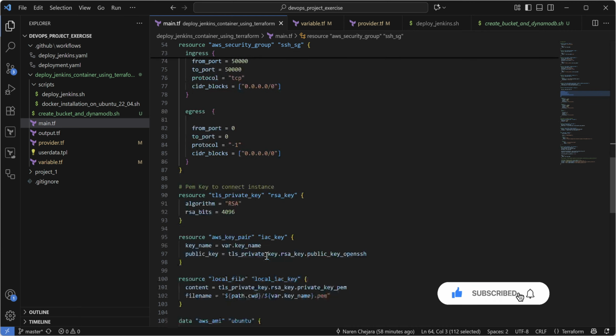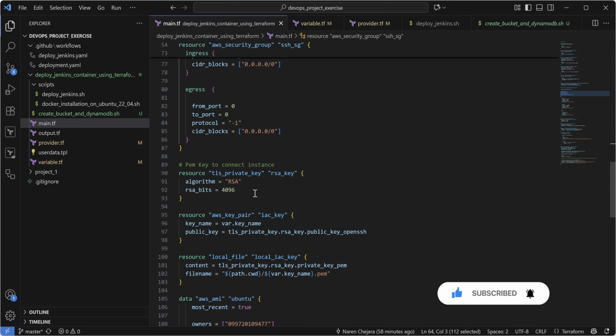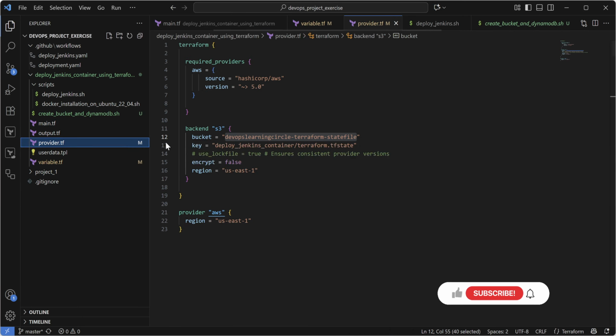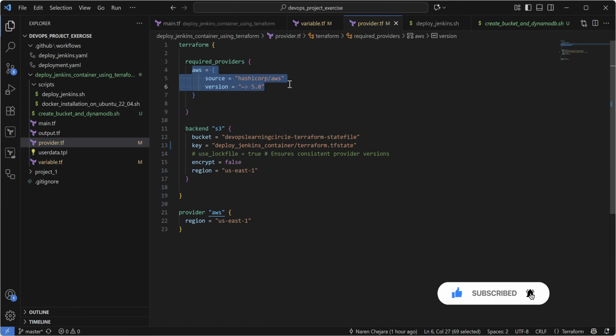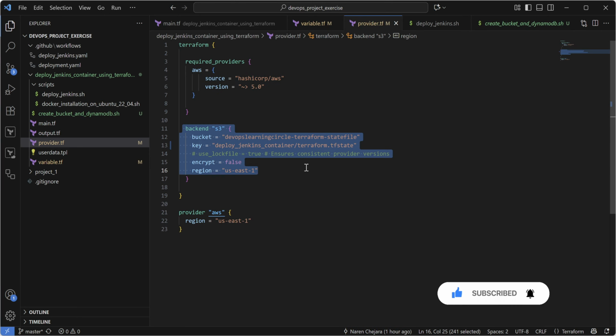Apart from that, we also create a key. This key will help us connect to your EC2 instance. Then we have a provider. In the provider we have specified the version of the AWS cloud plugin, and also we have set up the backend